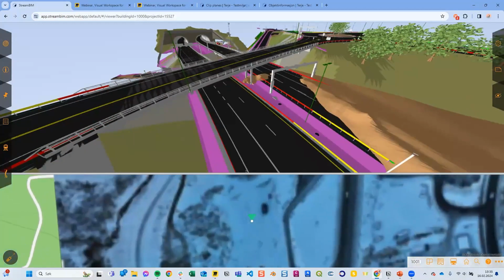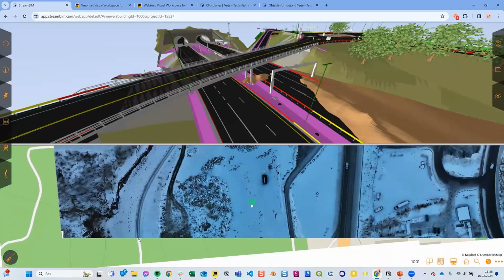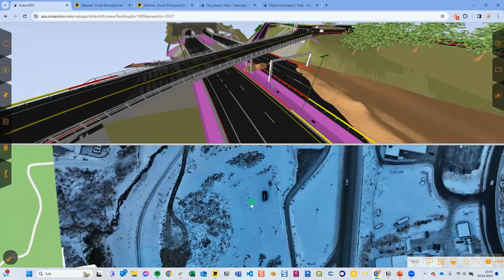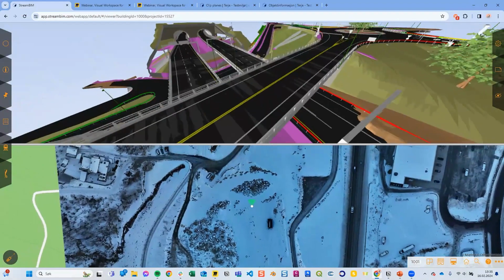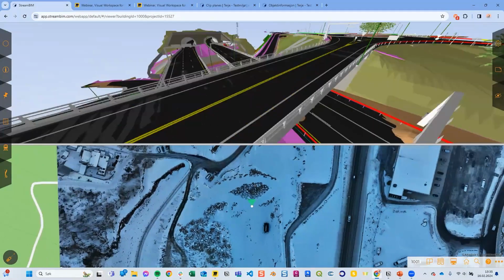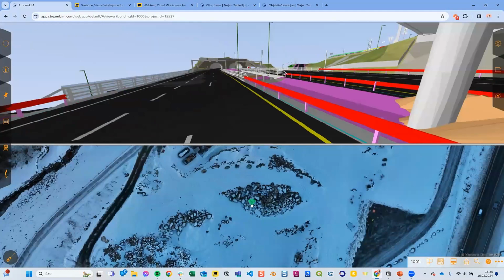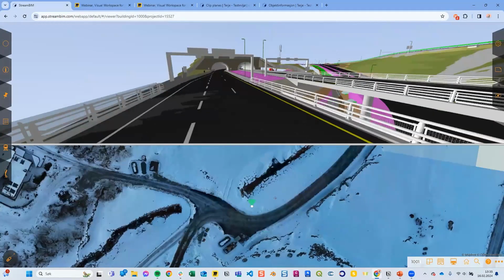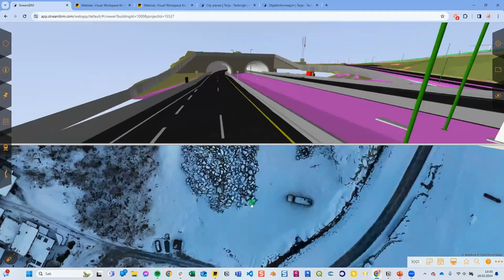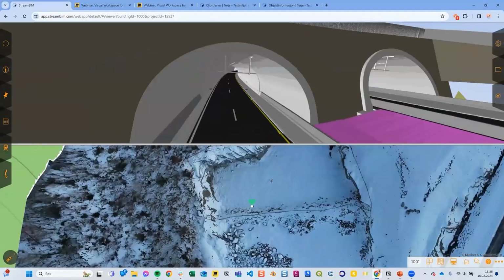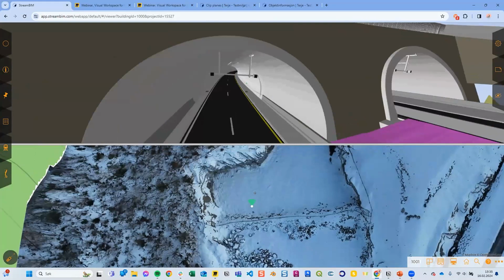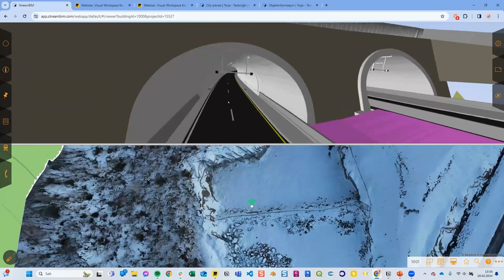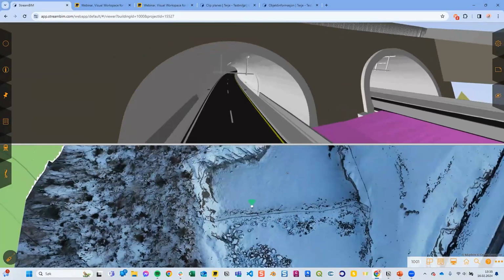You have the combination of the 2D and 3D for maneuverability. So you can just place yourself in 3D and move around in 2D as well. And this is very useful when you are on a phone or on a tablet on site. Instead of zooming in and out on your screen, you can drag along the 2D instead. Yeah, so that's very good.